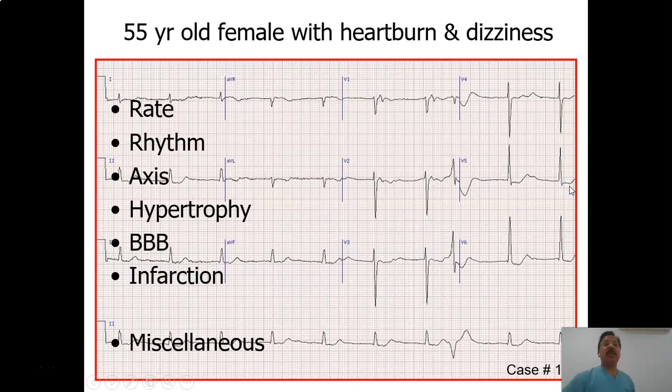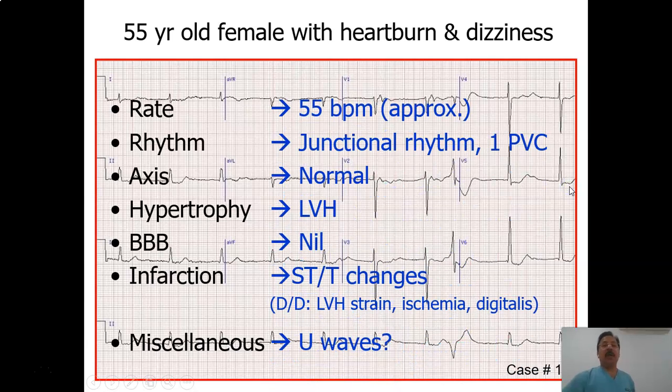So this ECG shows a rate of 55 beats per minute approximately. This is a junctional rhythm with 1 PVC, normal axis, left ventricular hypertrophy, and there is ST segment. We forgot to talk about the ST segment. If you see, there is ST segment depression in V5 and V6, and the differential diagnosis in